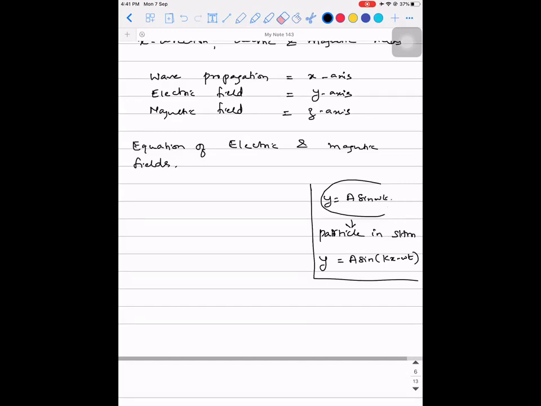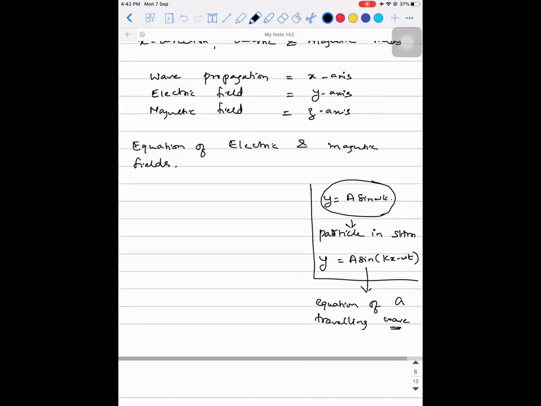You have never seen this equation at all? This is the equation of a traveling wave. So if there is a wave which is traveling or propagating,